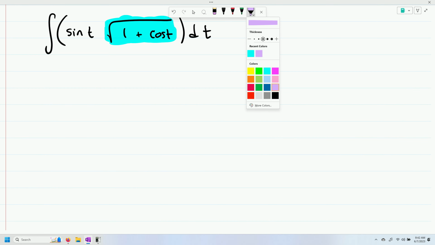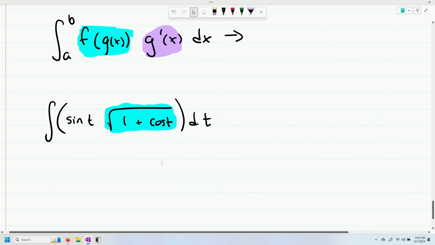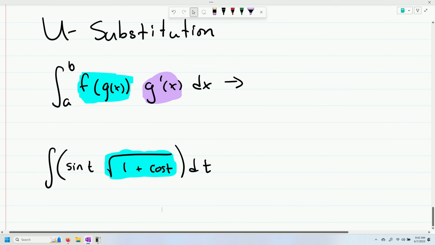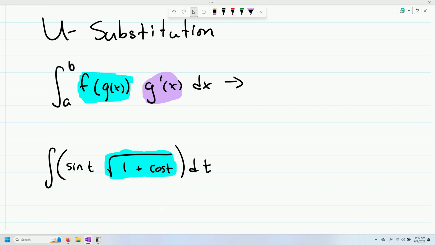Going back up, I said in order for you to use u substitution, you got to have a composite function, check. But you also need the composite or the inside function's derivative. So I'm going to tell you this is what it is right here. All right? But now what I'm going to do is demonstrate how we actually check that. So if you remember, this is where your previous Calc 1 professor would say, okay, we're going to use u substitution. So we got to let